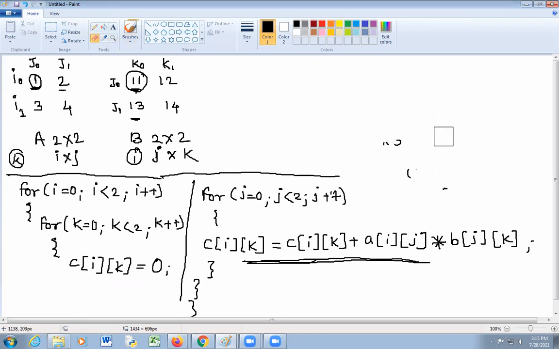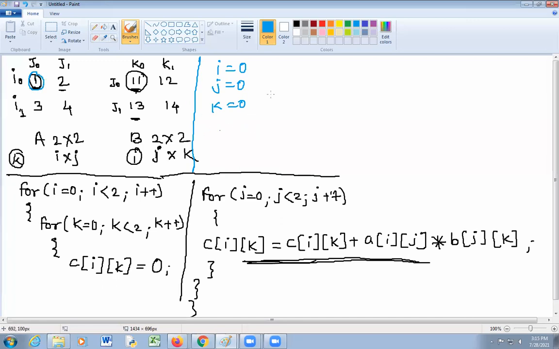आता बघूया व्हॅल्यू ऑफ आय. व्हॅल्यू ऑफ आय इज इक्वल टू 0. Here I equal to 0, j equal to 0, k equal to 0. So I 0, j 0, that is here 1.